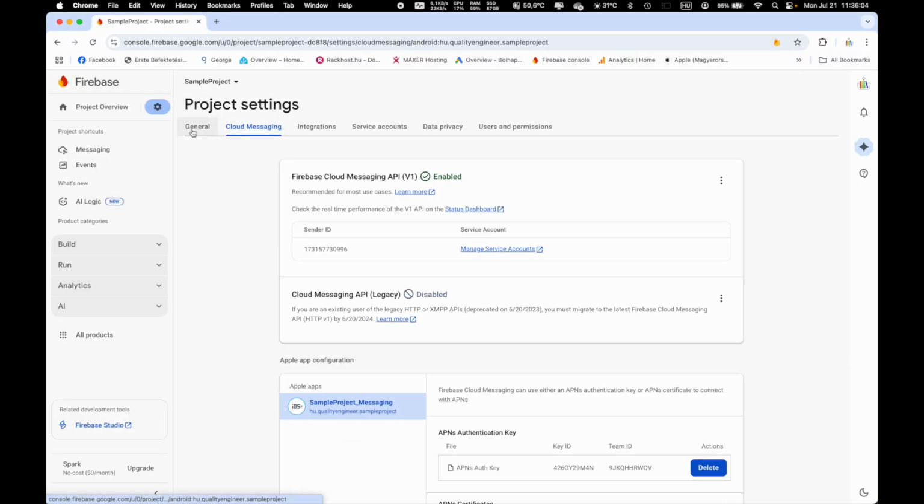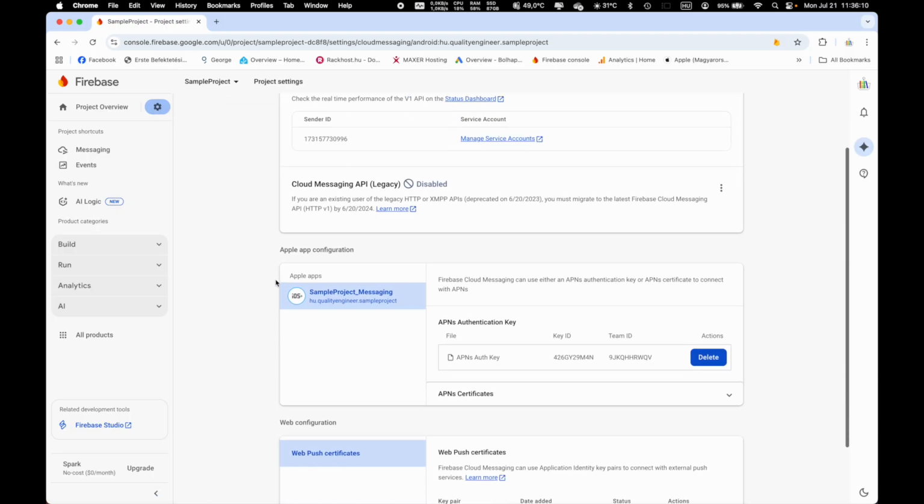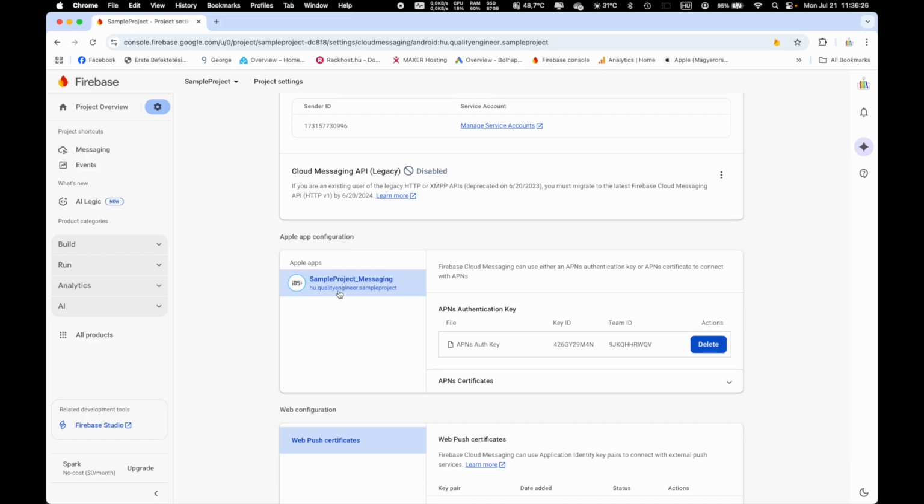And here inside the settings we have the cloud messaging, and as you can see, the Apple push notification authentication key is at first empty. I already set it up, but when you are just creating your application here in the Firebase, you don't have this